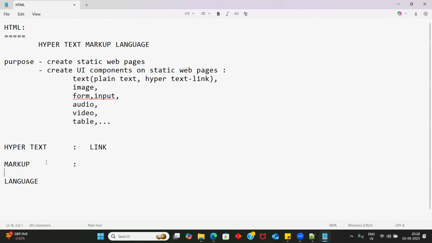Let's talk about markup, guys. Let's talk about markup. So what do we mean by markup? I'll deep dive into what markup is now. Before that,